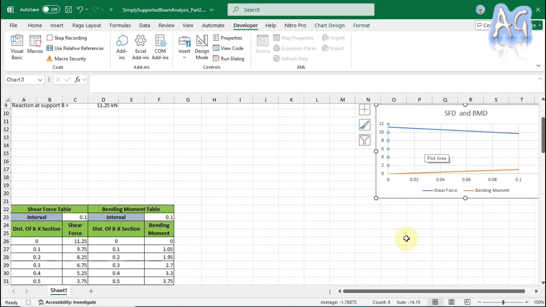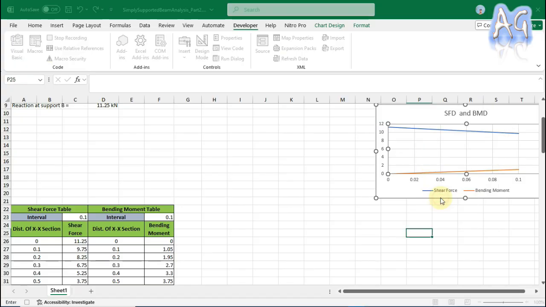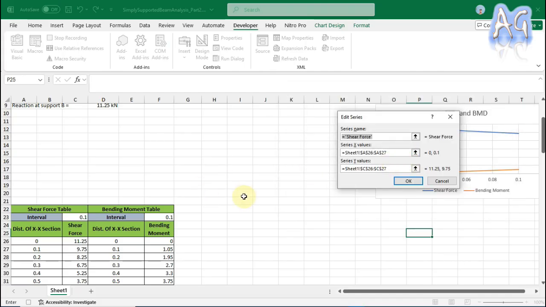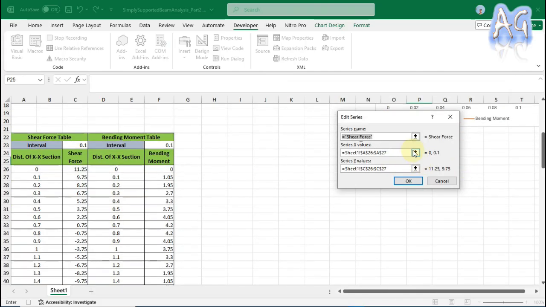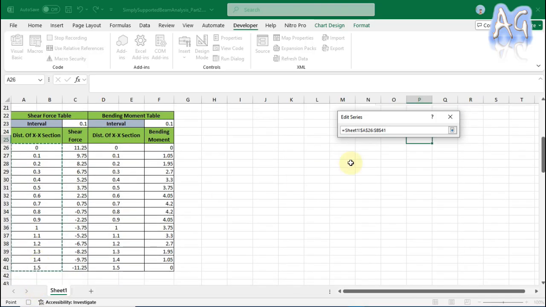And what is the next step? Next step is I need to set the graph data. So I'm just clicking on select data, and there are two series. In the first series, first I'm gonna edit the data. For each X series, I need to select this, and here you need to change it to A41,